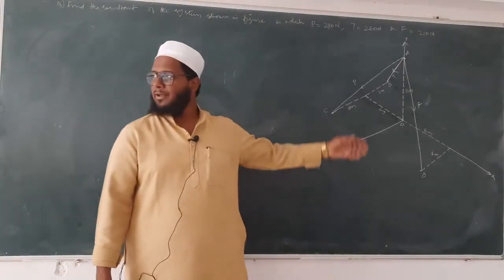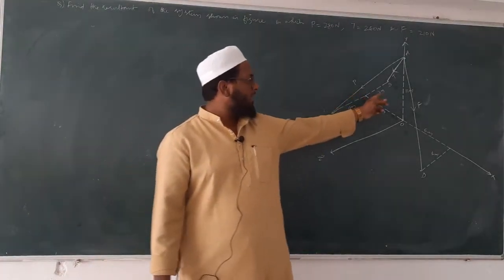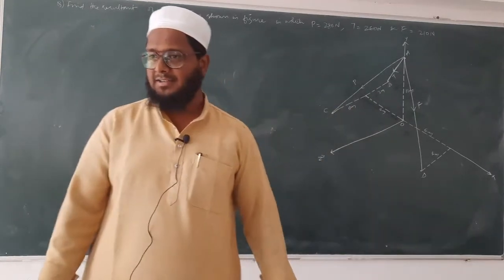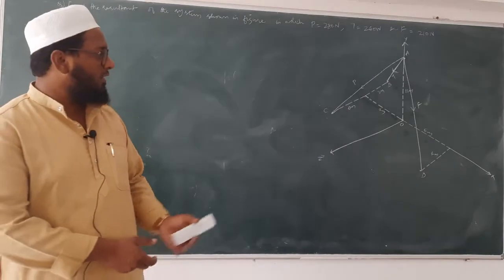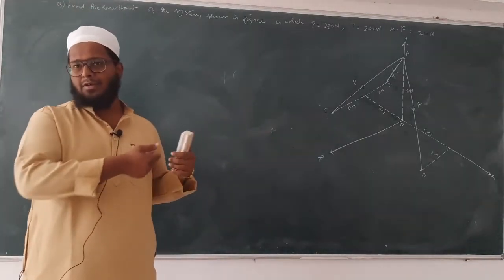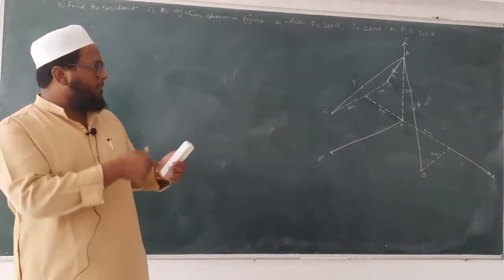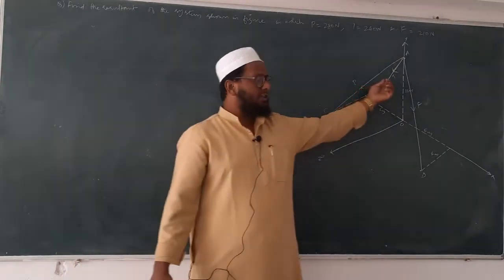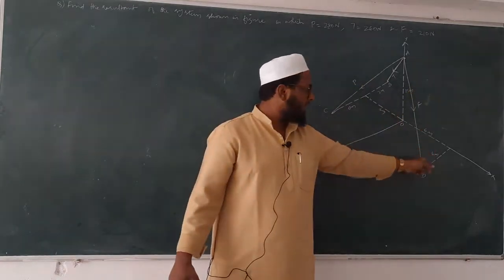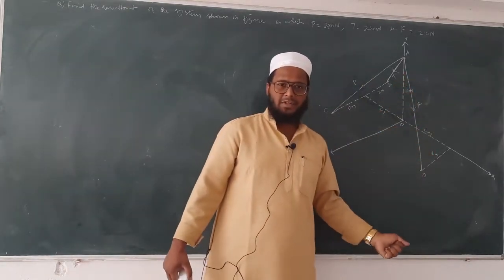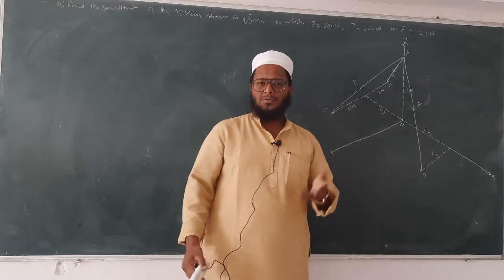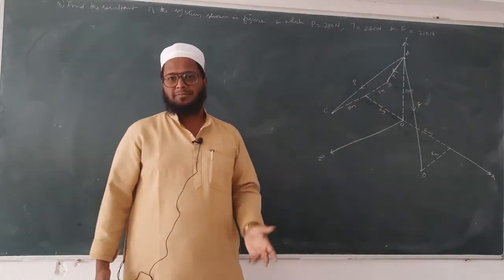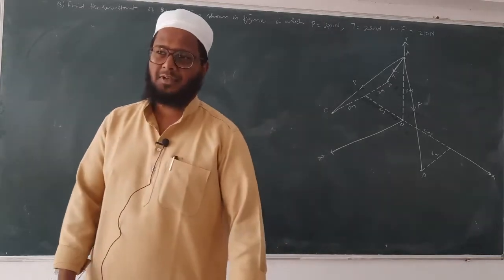Now there are so many forces. 3 forces are there: P, T and F. We have to calculate the resultant, right? If you imagine, there are 3 people. One person is trying to pull from this side, another person is trying to pull from that side, and another one is pulling from the front side. So these are the 3 ropes or people who are trying to apply forces. So what will be the resultant? We have to calculate that.